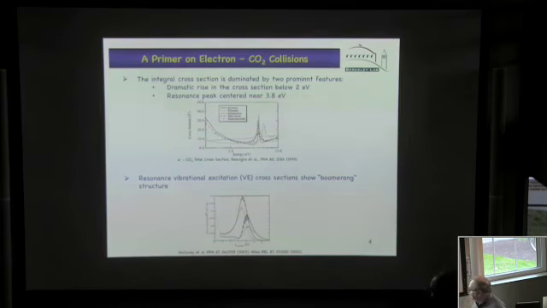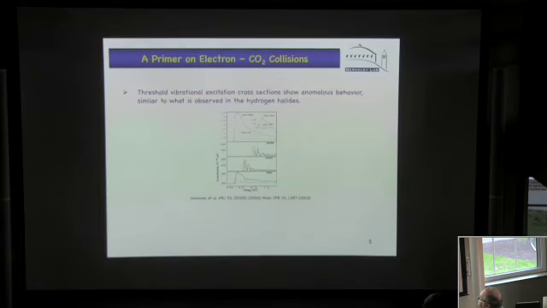And so this is a study we did a little over 10 years ago, where we're comparing our theoretical calculations with these beautiful experiments of Michael Allen, in which he actually resolved the Fermi dyad. Basically, there's an accidental degeneracy between two quanta of bending motion and one of symmetric stretch in CO2. And because of that overlap, the states are split, and it's called Fermi resonance. And so you can see we get that structure and that splitting essentially perfectly. All right.